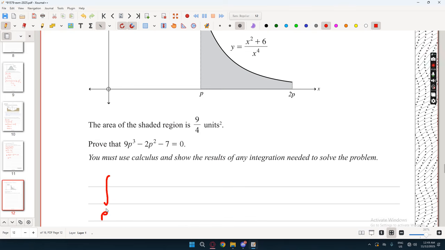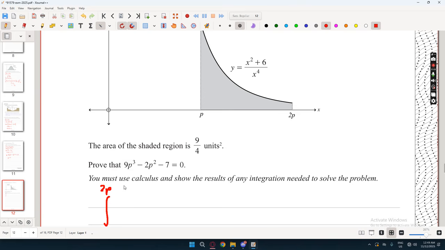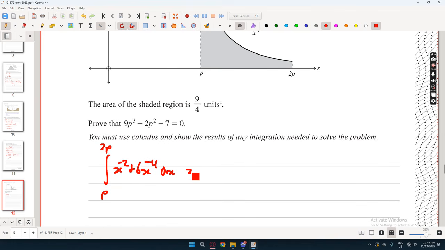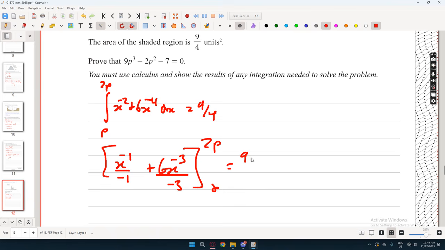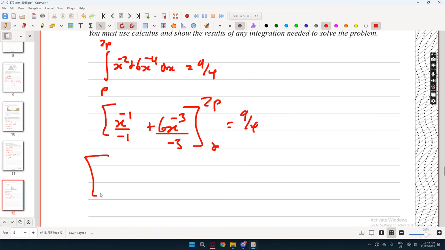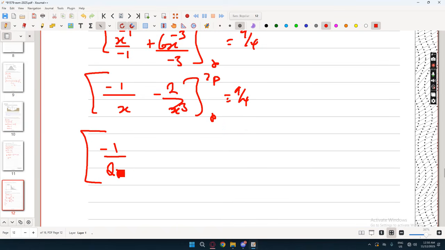So we want the integral from p to 2p of x to the minus 2 plus 6x to the minus 4 dx. And that must equal 9 quarters. Well, that means that raised 1 to the power divided by the new power, plus 6x raised 1 to the power divided by the new power, from p to 2p equals 9 quarters. So negative 1 on x minus 2 on x cubed, from p to 2p, equals 9 quarters. So minus 1 on 2p minus 2 on 8p cubed plus 1 on p plus 2 on p cubed